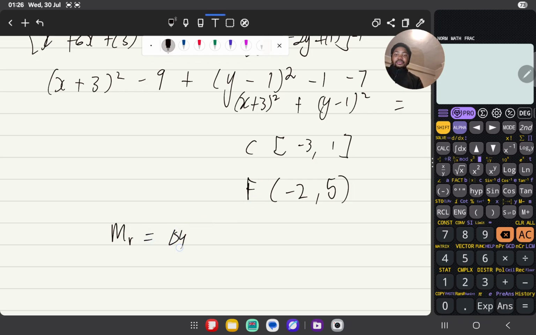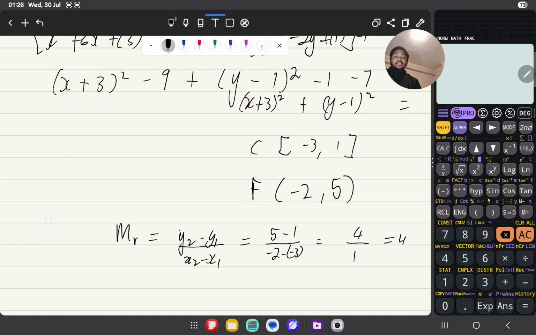of course, the change in y. Let me just say y2 minus y1 over x2 minus x1, which is 5 minus 1 all over minus 2 minus 3. That's going to be 4 over minus 2. This is minus 2, of course. Then I have a 3 here, so this 3 is a positive 3, so I have 1, so I have